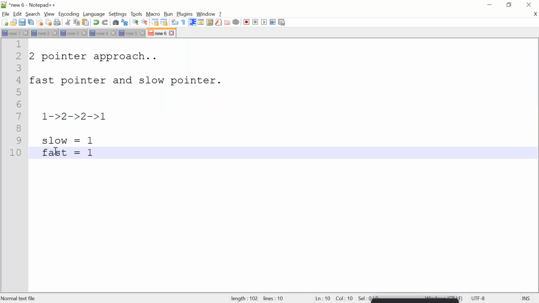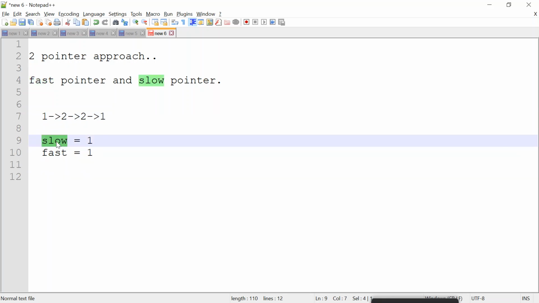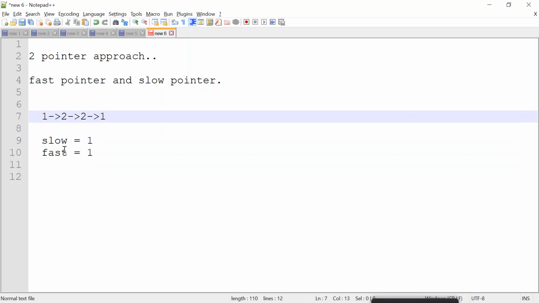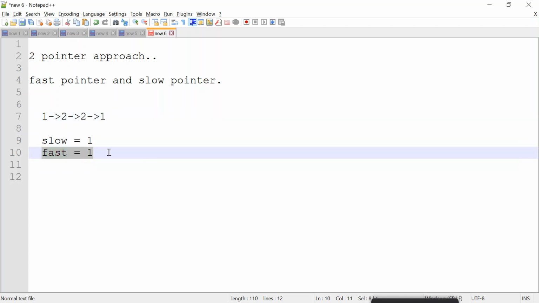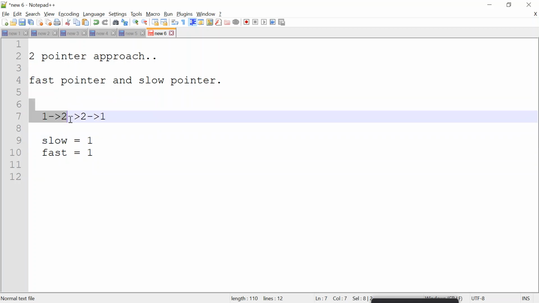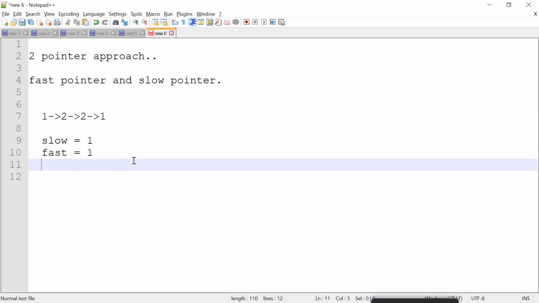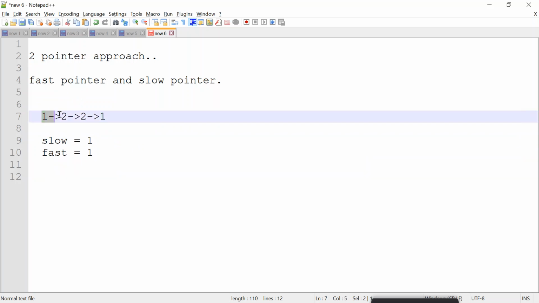Now what I'm going to do is move my fast node twice as fast as the slow one. What I mean by that is, once I reach the end of the linked list, considering my fast node is moving at twice the pace of the slow one, my slow will be at the center of the linked list. And I'll keep on storing the values by the time I'm reaching the center, so the moment I go ahead I can compare them with the values which I've already traversed, right?